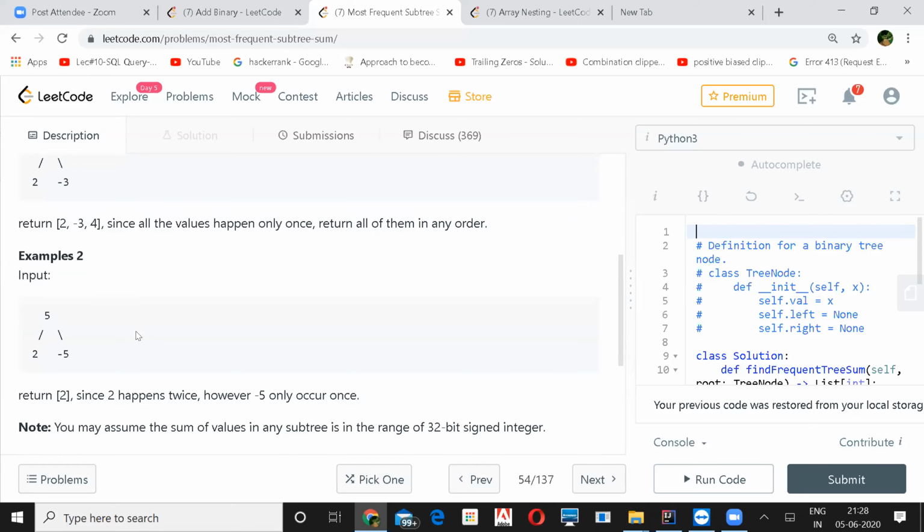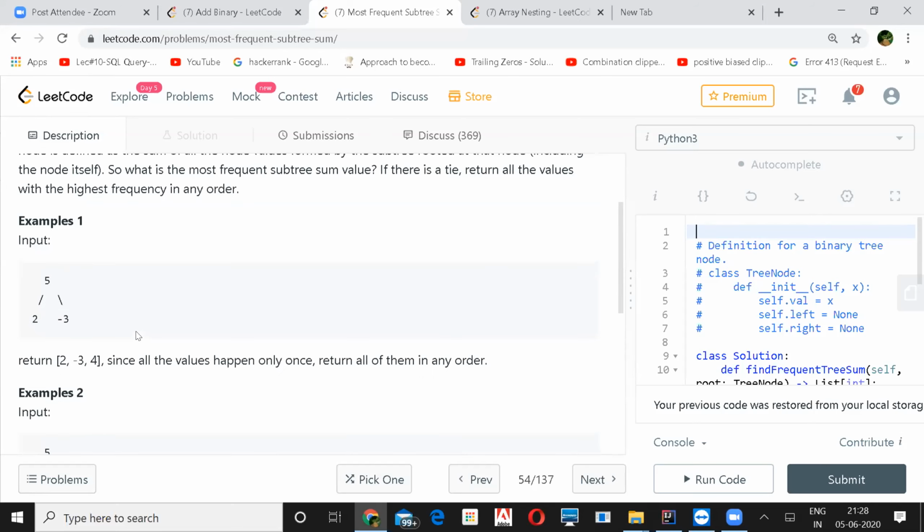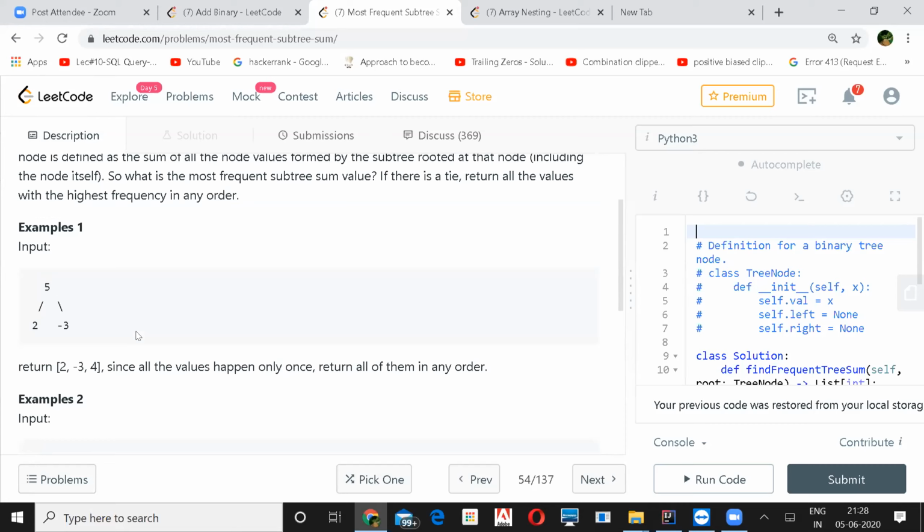So if we have multiple 4s, we return only one 4, because that will just increase the frequency for 4. Just return the key whose frequency is highest.